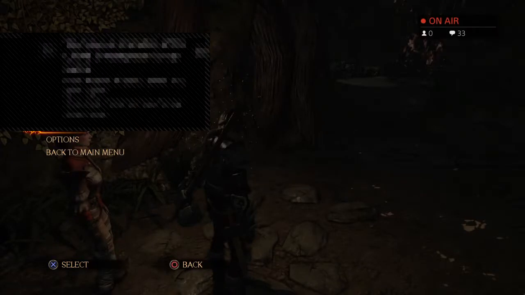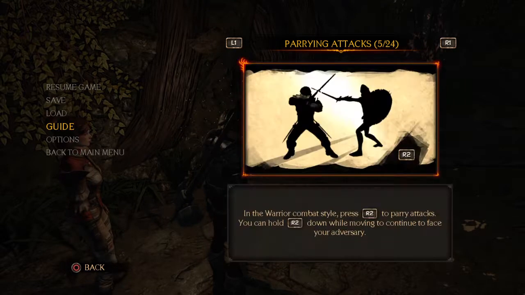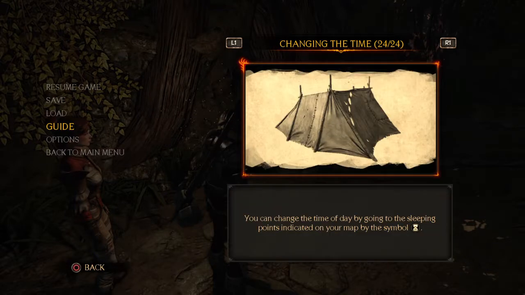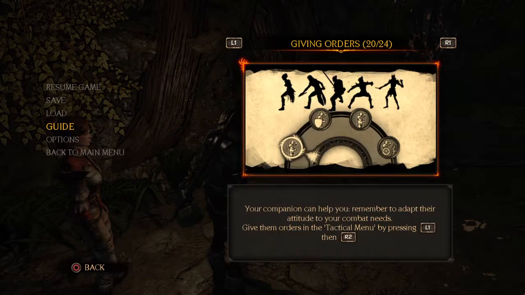You gotta remember, save the game. Here, I'll make the guide. Okay. Changing time, recovering magic, recovering health, level up, giving orders. Your companions can help you remember to adapt to